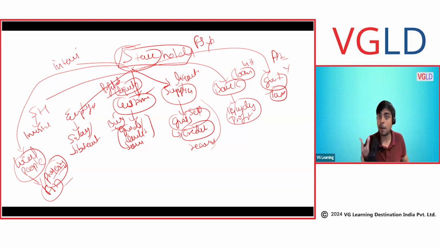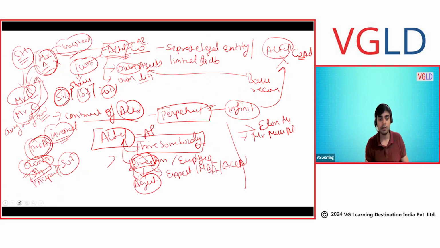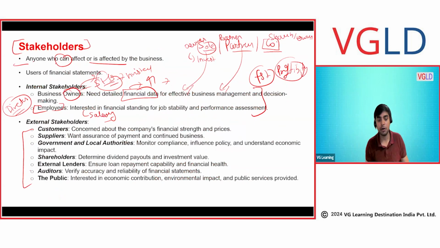So these local people would be interested in the profitability of the company, would be basically looking at the balance sheet, the financial position of the company. What is the position? Whether there is a large group, so they should be basically careful of the environment, because they can bear the expenses. Clear, everyone? So customer, supplier, government, shareholder, lenders, basically the bank. Auditor, let's keep it as is, because auditor is something that audit subject teaches you.